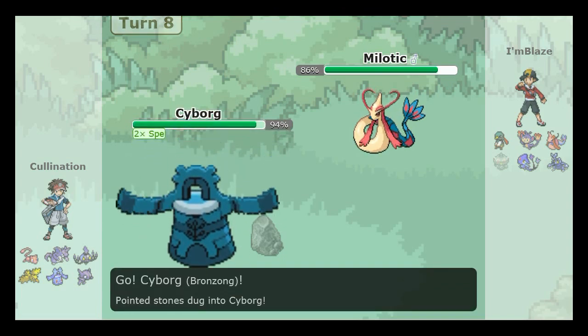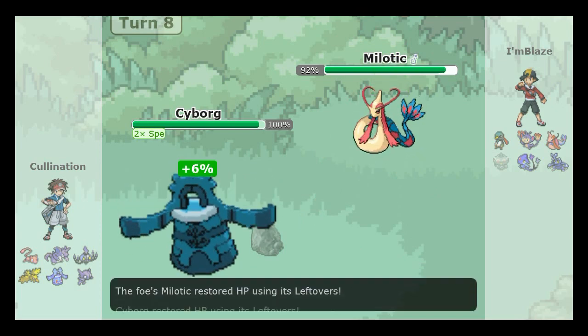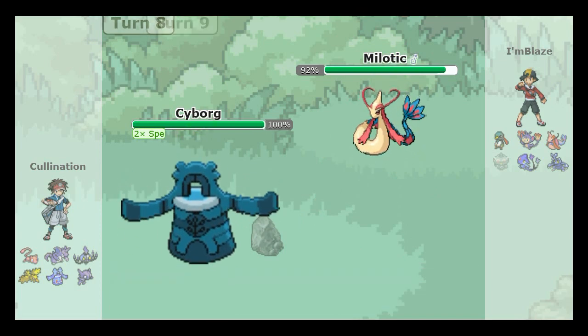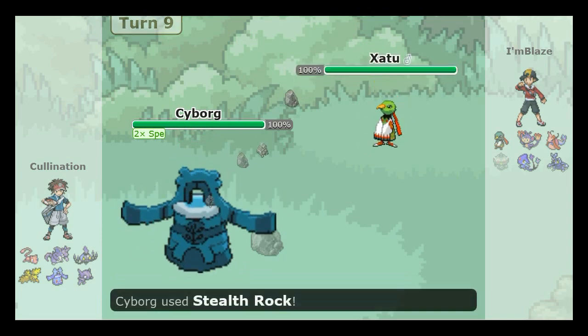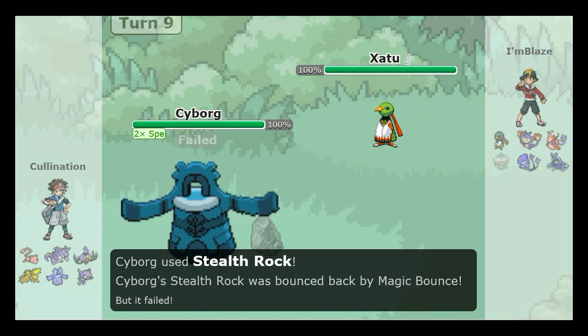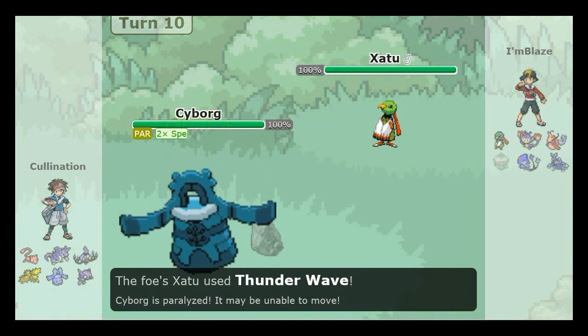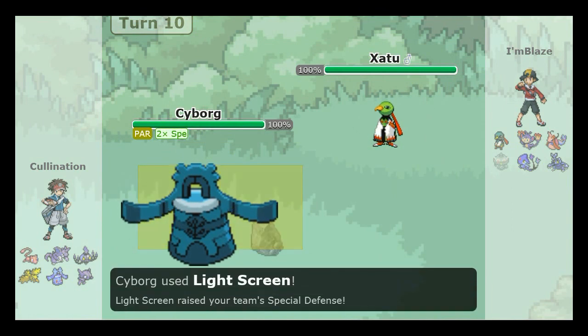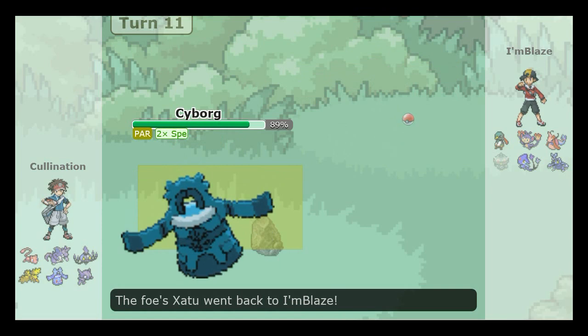So anyway, went for the Baton Pass there into my Bronzong. I've got +2 speed, although that doesn't really do me much good. I don't really have anything that I can do against that Milotic. I wanted to get Stealth Rocks up, but he predicted that pretty well and brought in Xatu for the Magic Bounce. So I go for the Light Screen instead, figuring he's going to go for some type of special attack,